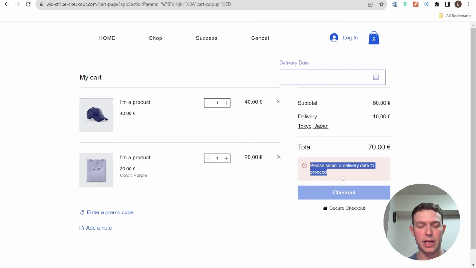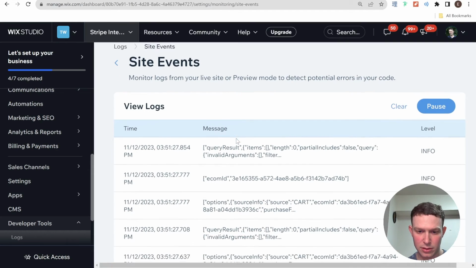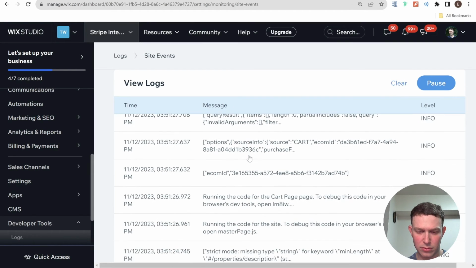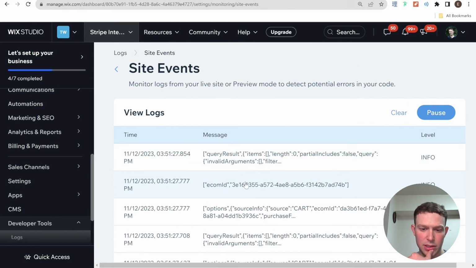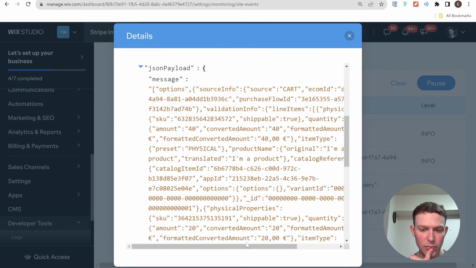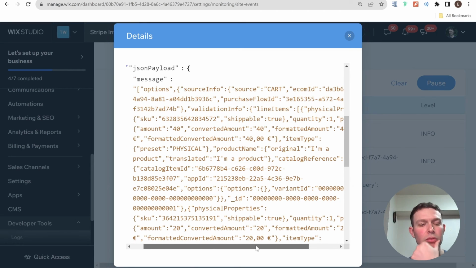Okay, so we're still seeing this error over here. And let's take a look at the logs. Okay, so we do have the ecom ID. Let's take a look at the options. Options, source info, cart. Oh,